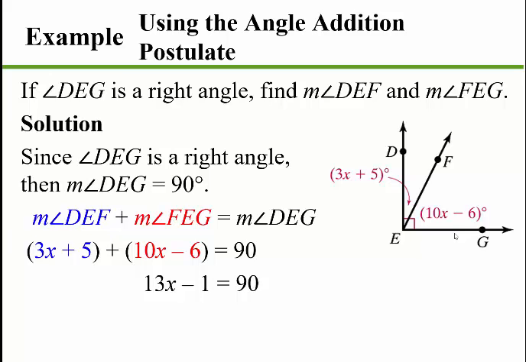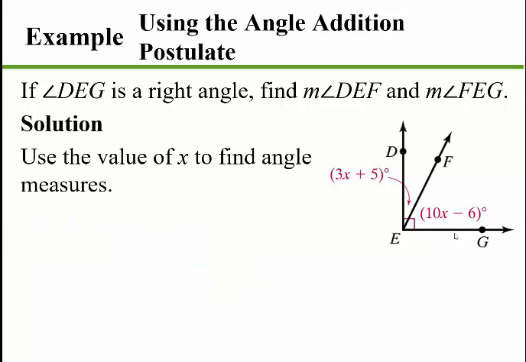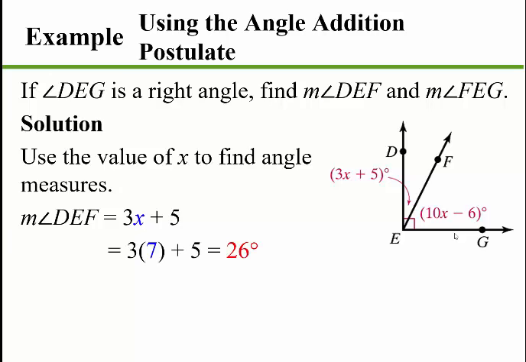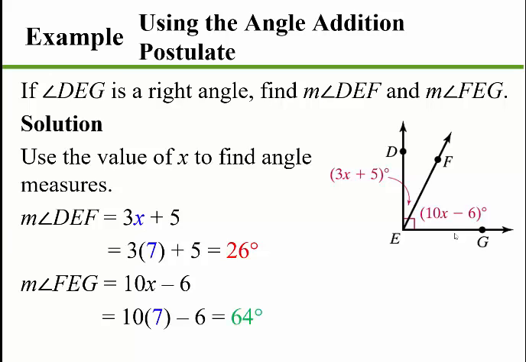Combining like terms here, adding the 1 over, and finally dividing, we see that x is equal to 7. Remember, that's not the final answer. You have to actually figure out what the angles are. So use the value of x to find the angle measures. The first one, DEF, we take that 7 and plug it in, and angle DEF is 26 degrees. Similarly on the other side, plugging in 7, you see that angle FEG is 65